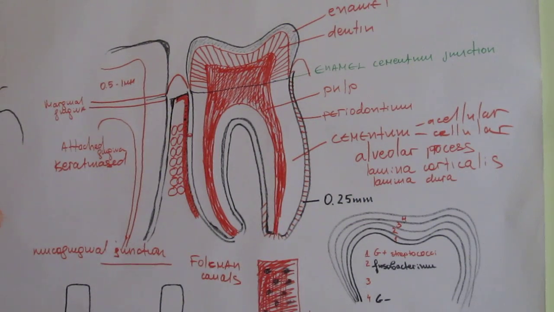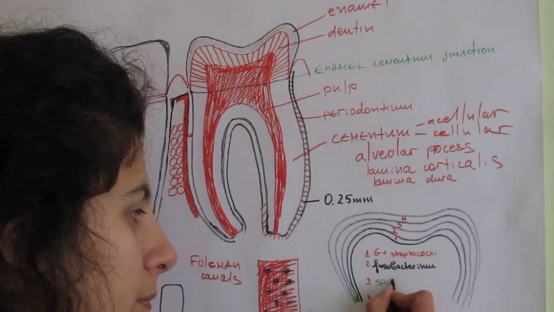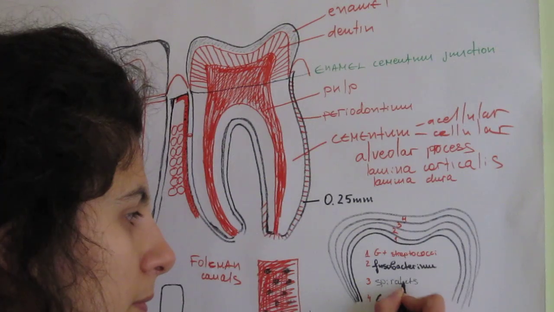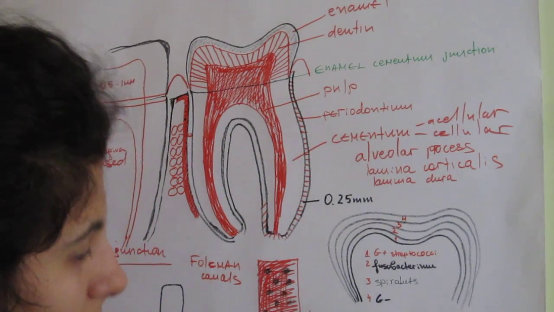After more days, like 5 to 6 days, there is a second layer, and this layer is mostly Fusobacterium and Porphyromonas. The third bacteria are spirochetes, spirilla. I'm gonna write them. And the 4th layer,